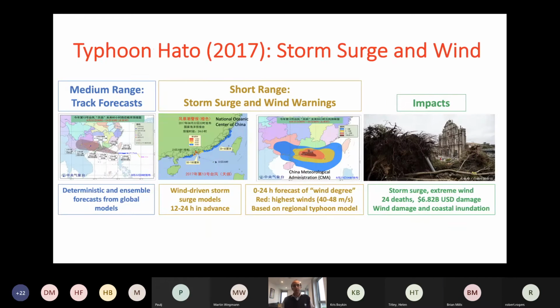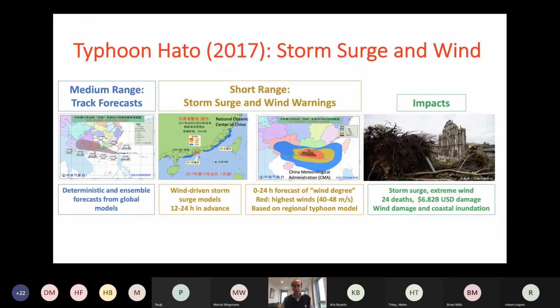And the next two cases focus on tropical cyclones. First, we have Typhoon Hato, which hit coastal China in August 2017. Now, with tropical cyclone forecasting, generally the inklings of tropical cyclones and their potential landfalls are provided through a deterministic and ensemble forecast from global models.